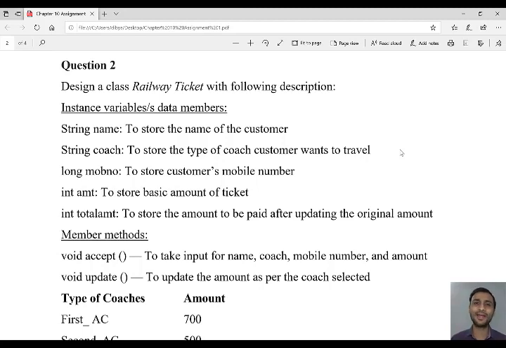This is the pattern that you get in your board exam. So it is very easy. If you solve 3 to 4 questions, you will understand how to solve these types of questions. And you'll be getting one question from this compulsorily. So let us solve this question.